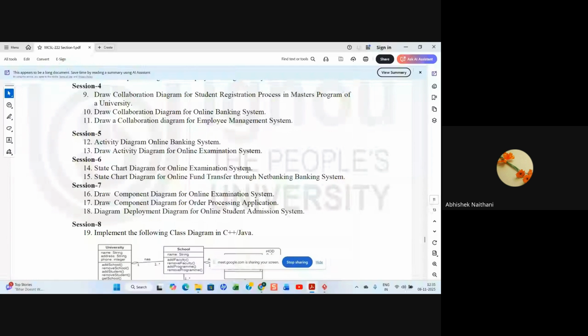First of all, the student will log in to the examination system. After a successful login, he will search for the exam he wants to give. Then he will start the examination, or he will have to pay a fee, whatever is required. Once the fee is paid, the exam portal will be on for him.